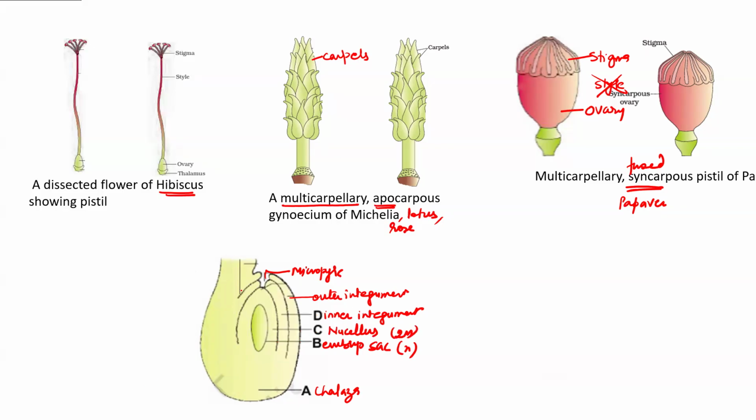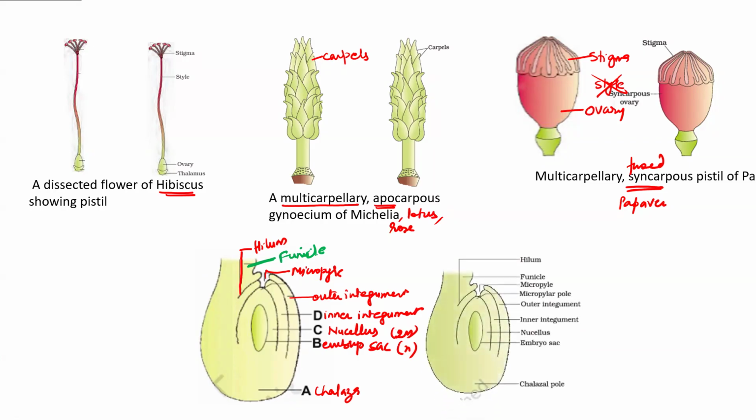Understood? Now, what is this? This is the point where the funicle is attached to the body wall of the ovule, and this is known as hilum. And this part is known as the stalk of the ovule, and the stalk of the ovule is known as funicle. I hope this complete labeling is the way you have to prepare for your board and competitive exam. Is it clear?